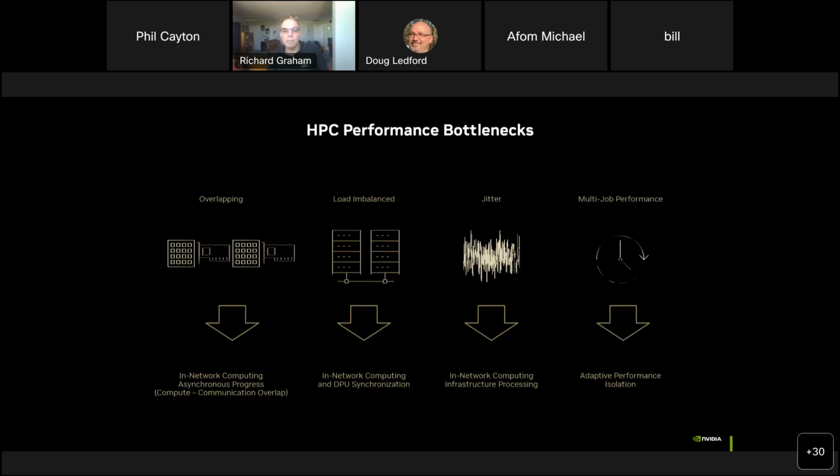So from an HPC performance perspective, there are several general areas that people struggle with or battle against to be able to get good scalability and good performance at scale. These include making it possible to overlap computation and communication, and dealing with load imbalance within the application. It's very common for real world applications in the area of HPC to have a load imbalance. There's system jitter that causes performance degradation in the application, and there's interference from multiple jobs running in parallel and competing for the same